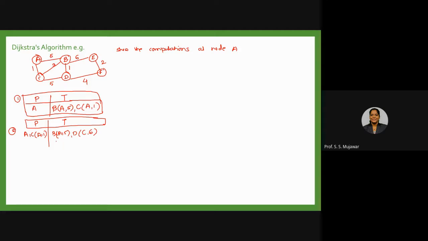Okay, the next is we can reach B through C also, but what will that cost be? B के लिए C के through भी हम A से जा सकते हैं, right? So the cost required is 3 plus 1, that is 4. B is already mentioned, but through C also I can visit, and the cost यहाँ पे लिख देना.